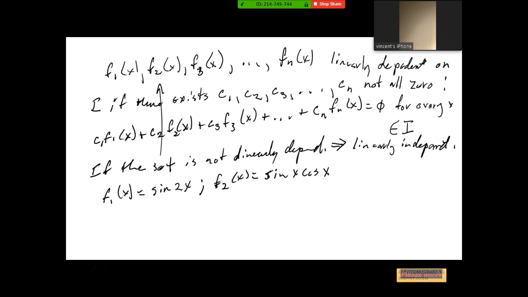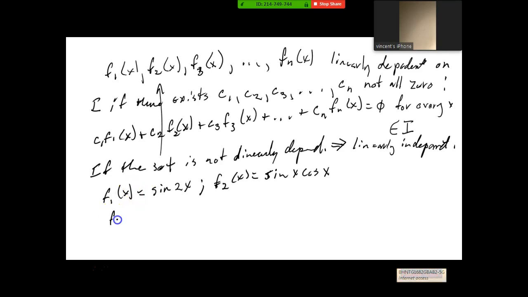How do we know that? Go to your double angle formula. Sine of 2x is exactly twice the sine of x times the cosine of x. So, yeah, F1 is twice F2. So they're linearly dependent on each other. They're multiples of each other. Okay. On the other hand,